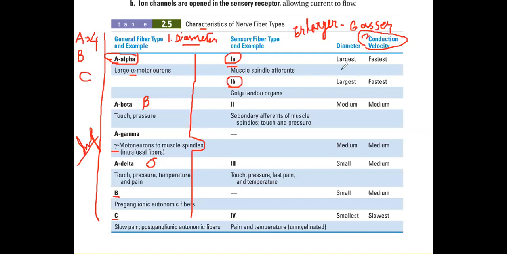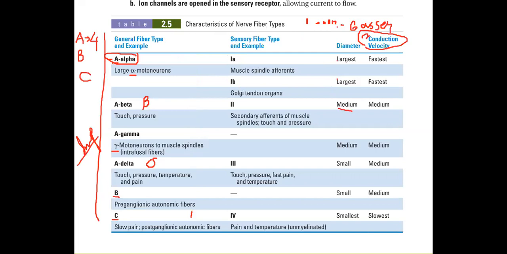When we talk about the diameter, it's just written in your BRS that the A alpha fibers have the largest diameter. If you want to get into a little more detail on the size of this diameter, you can write it in your book. It is 12 to 24. 12 to 24 is the size of this alpha, and this value is in microns. This is the symbol of micron. So 12 to 24 microns. And the beta ones, which are medium,